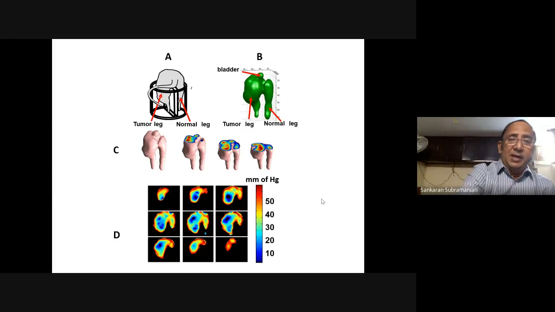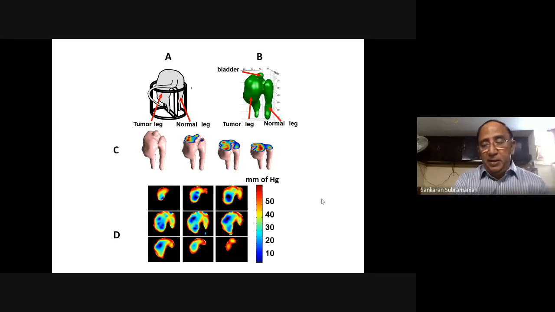It's actually a tumor leg containing an SCC tumor, squamous cell carcinoma tumor, and this is a normal leg. The normal leg is fully oxygenated, while the tumor has strong areas of lack of oxygen, hypoxic zones. Hypoxic zones are extremely resistant to radiation therapy, and therefore there are ways and means of putting a person having a cancer in a hyperbaric chamber, oxygenating him so that the tumors get oxygenated, and then when you use gamma rays or X-rays for killing the tumor, it is almost 95% more effective than simply hitting the tumor when it is hypoxic.